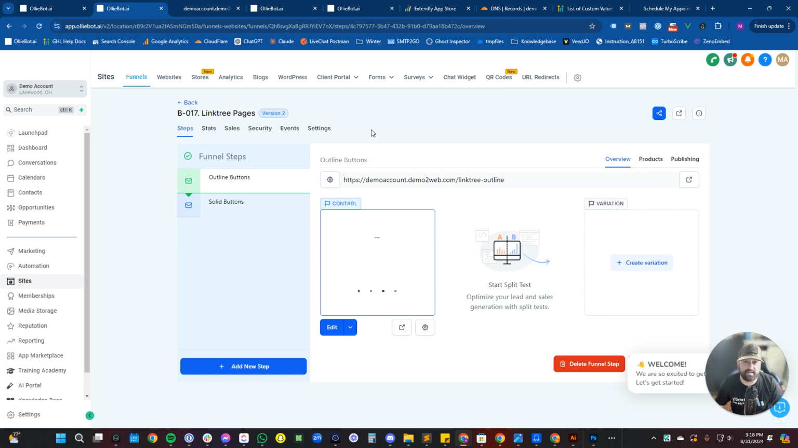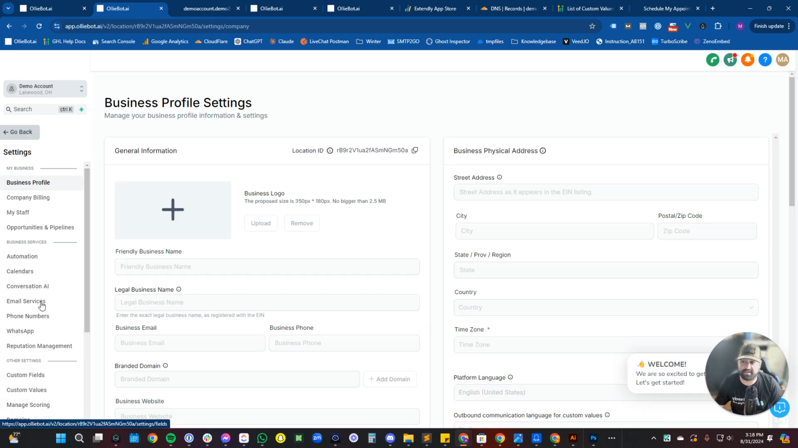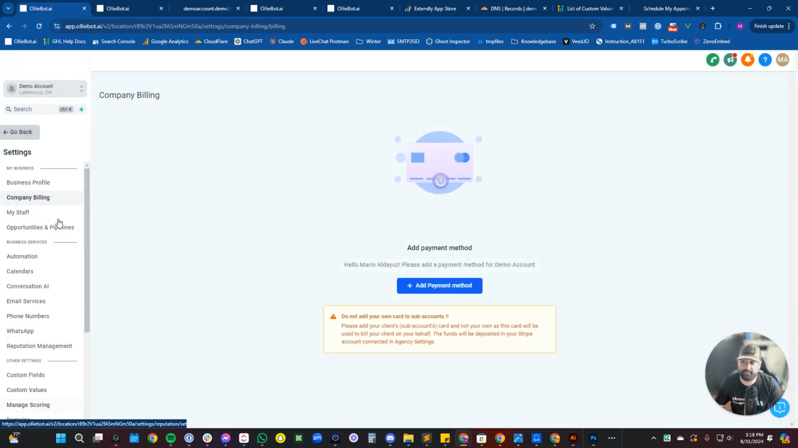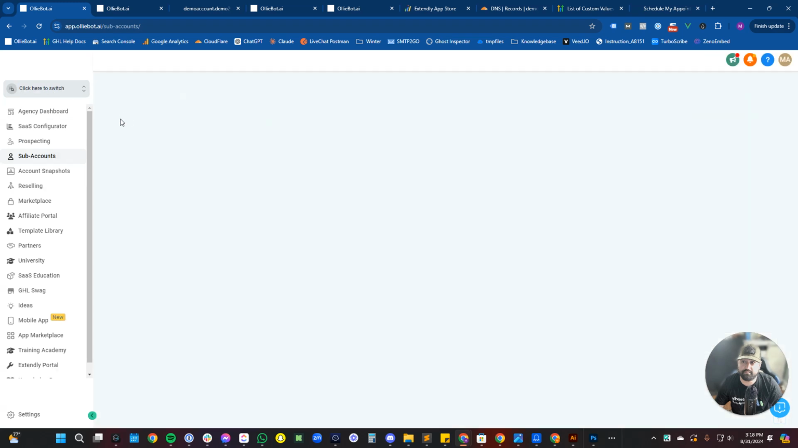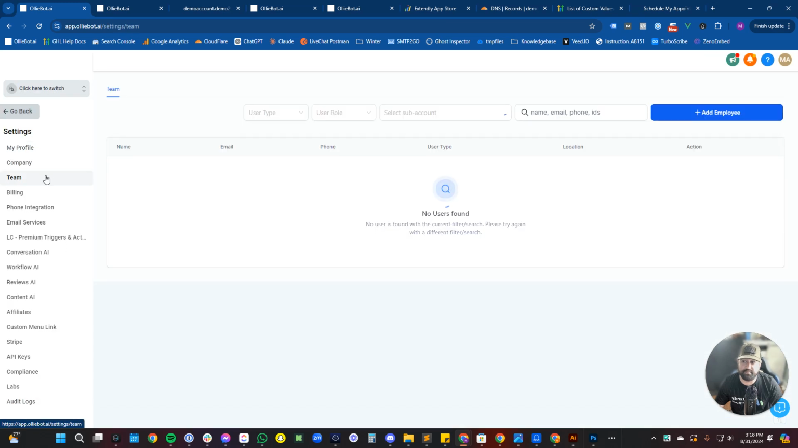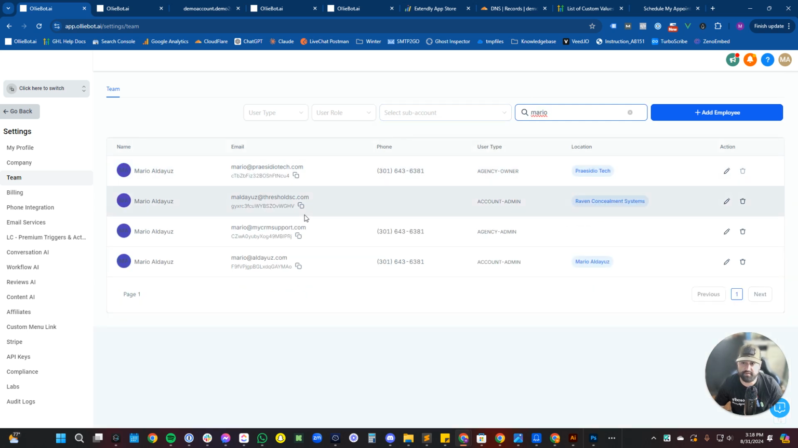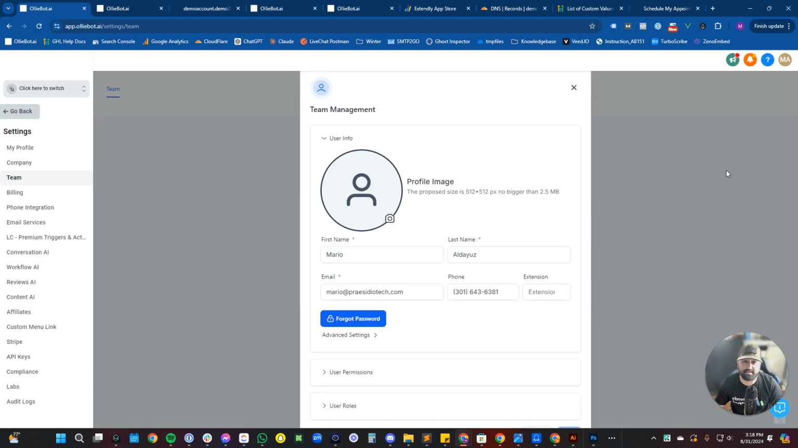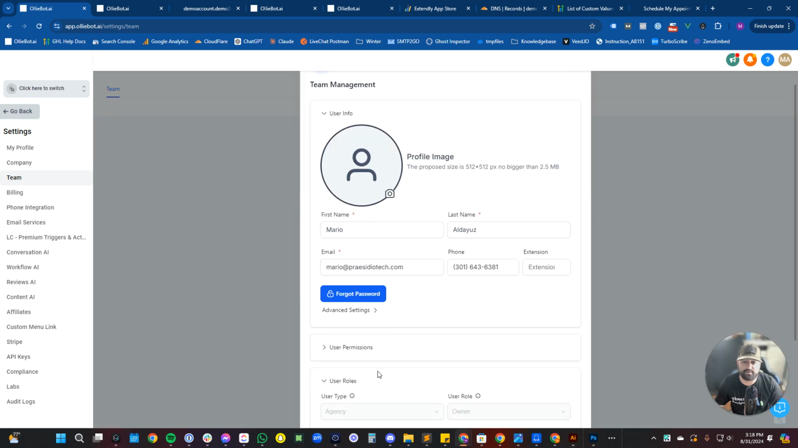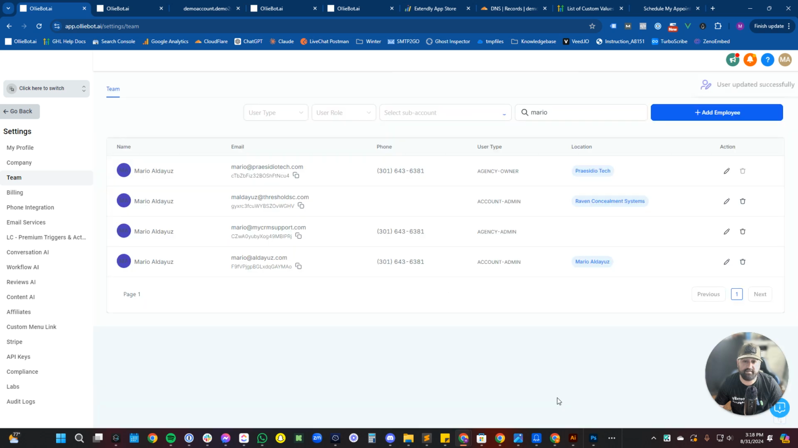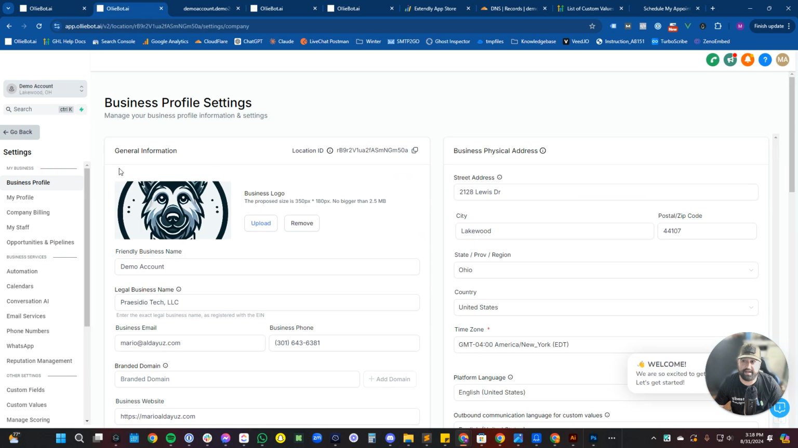One quick pro tip is that if you don't see, let's say that you're setting this account up for yourself and you don't see yourself in My Staff, don't worry about it. You can fix that by going into your agency settings, going into team, finding your employee. So we're going to call this Mario or yourself. So in this case, I'm logged in as Mario at presidiotech.com. So I would go here to user roles and I would add myself to that demo account. Hit save. All right, now if I come back in here, refresh this page,